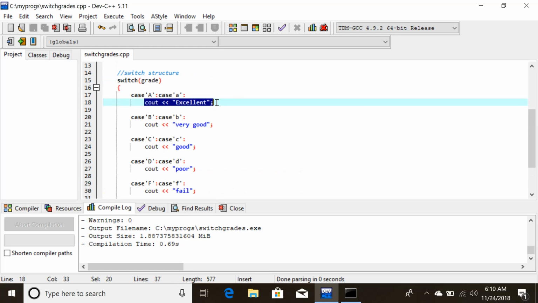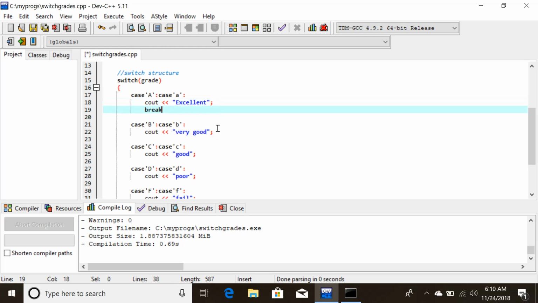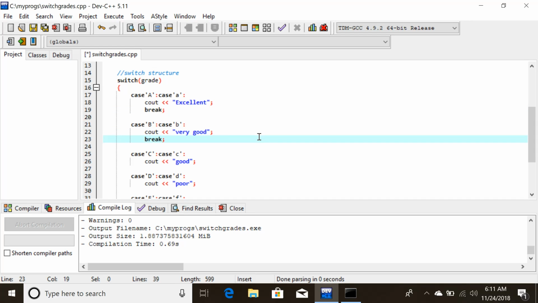So what we need to do is, instead we need to break this whole structure after the execution of that statement of that specific case only. We don't want it to execute further below down. So for that we can use the break statement. Now if I use this break statement as a second statement for every case,